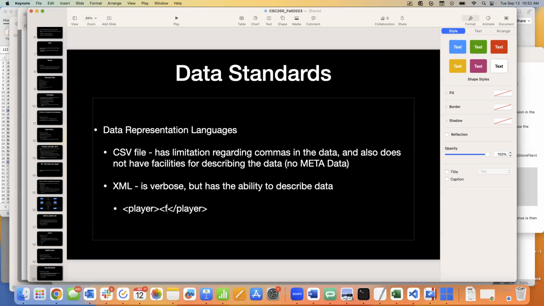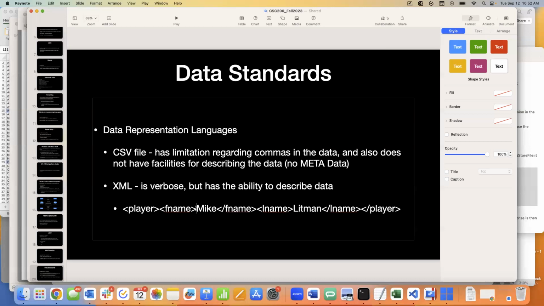And the player has a first name, Mike, and a last name, Lippman, so on and so forth.